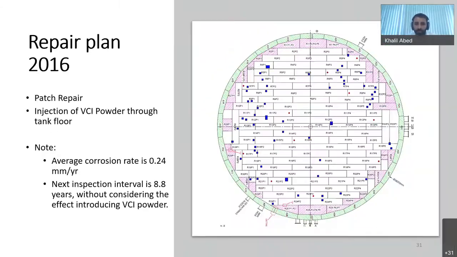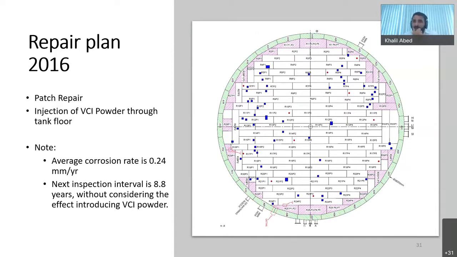Based on the tank floor inspection activities, a repair plan was prepared to fully replace the annular plates. And the repair plan included replacing all the annular plates, replacing 30 sketch plates, placing 58 welded-on patch plates, and injecting VpCI powder at